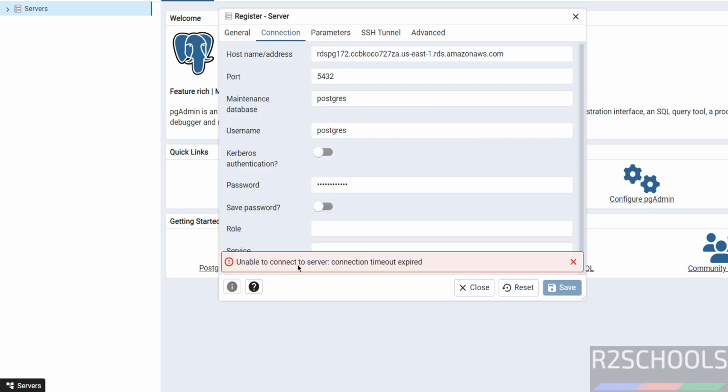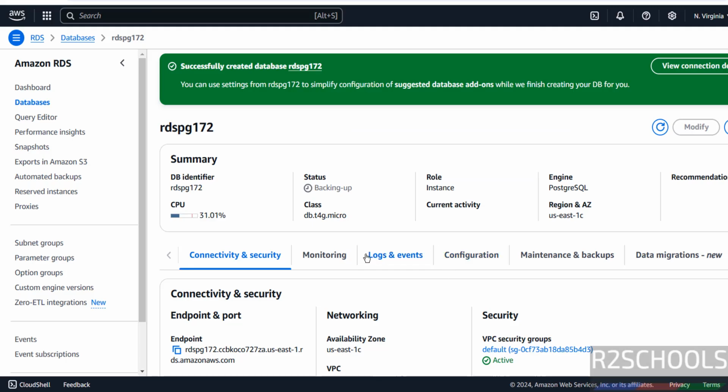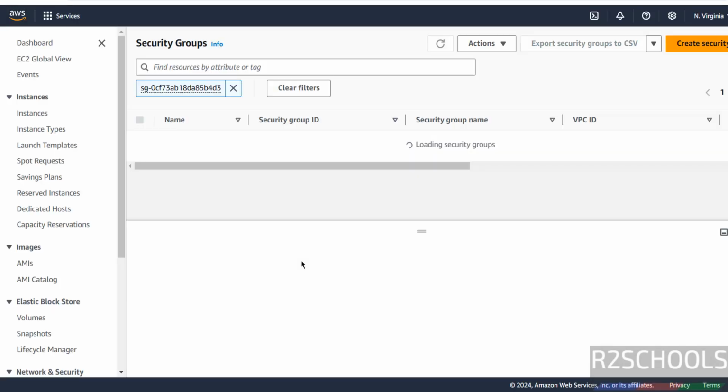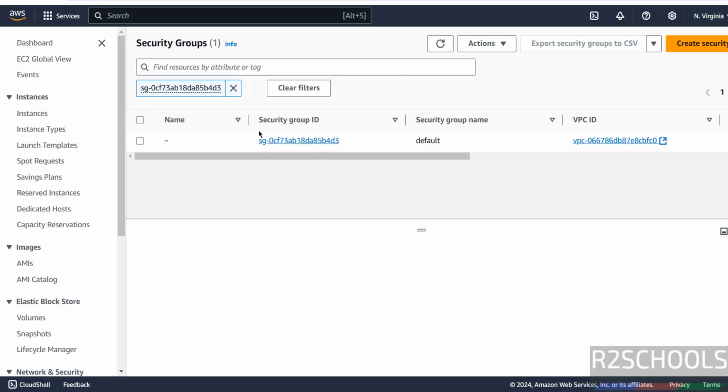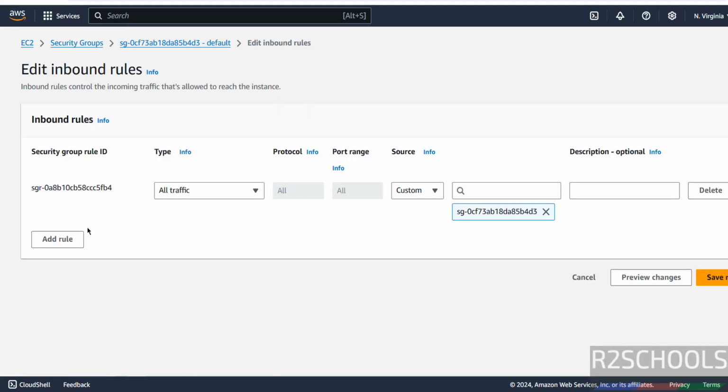See, unable to connect to server, connection timeout expired. Okay, so it is expected. Click on this security group, then click on security group ID, click on inbound rules, then click on edit inbound rules, then click on add